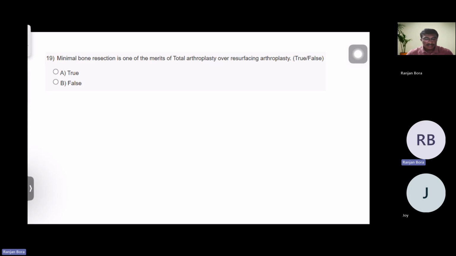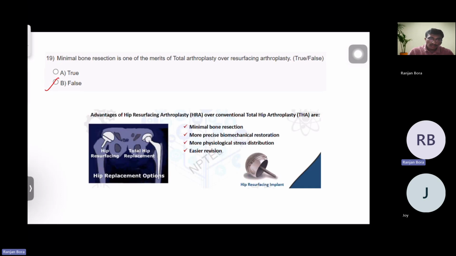It is not a merit, it is a demerit. So it is a false statement because here you can see